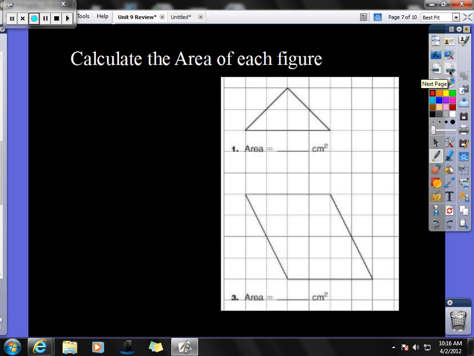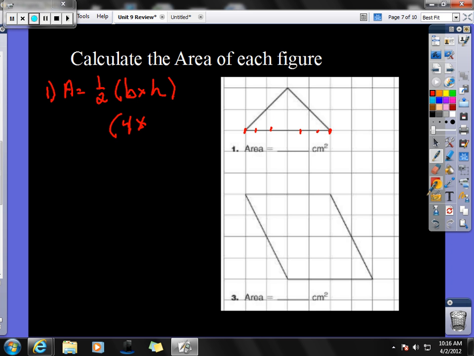Again, what you want to do here is make sure you understand, number one, that the area of a triangle is equal to 1/2 base times height. 1/2 the base times the height. My base is going to be the length of my triangle from here to here. Usually we try to get the more horizontal side; the more horizontal, the better off it's going to be. So this would be 1, 2, 3, 4